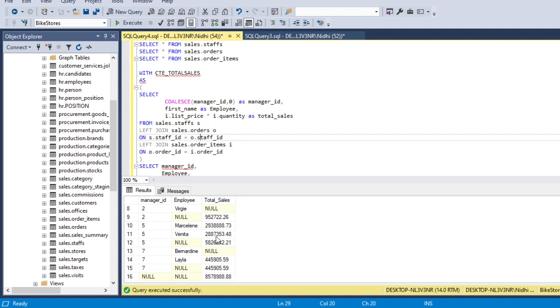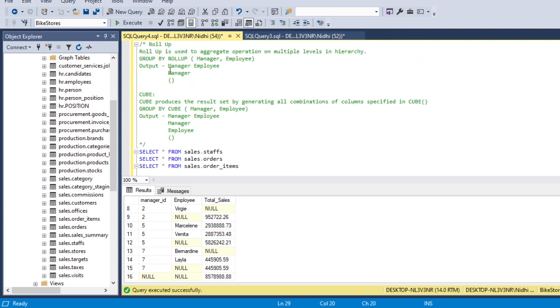If we sum all the manager IDs where employee is null, our value will match this value. So it is in the same order: manager with employee, then manager level, and then at all level. Here employee is null, so it means the manager ID is at all employees put together level.